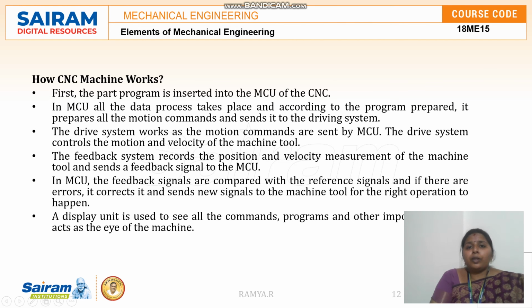In open loop control, there will be no feedback system. We just give the program to the machine, and it executes some output. We don't know whether the obtained output is the same as what we have given, but some process will take place. But in a closed loop system, there will be a feedback unit. The feedback unit compares the input and the output. If the output is not the same as the input given, it sends signals to the error detector, and in turn the process is repeated until the error is rectified and the output is the same as the input.